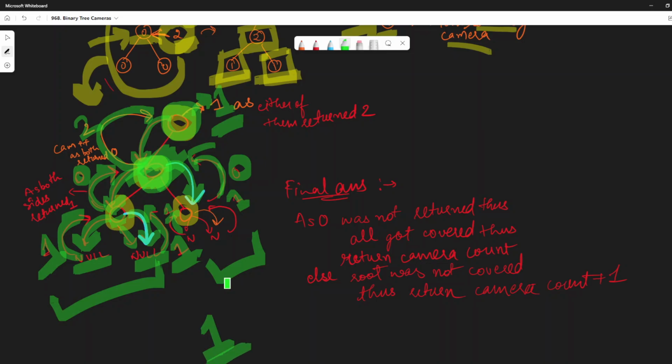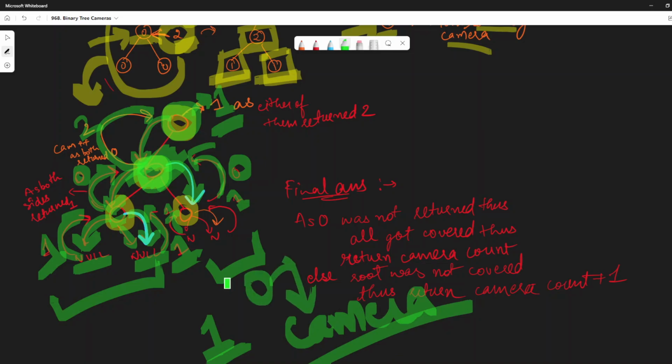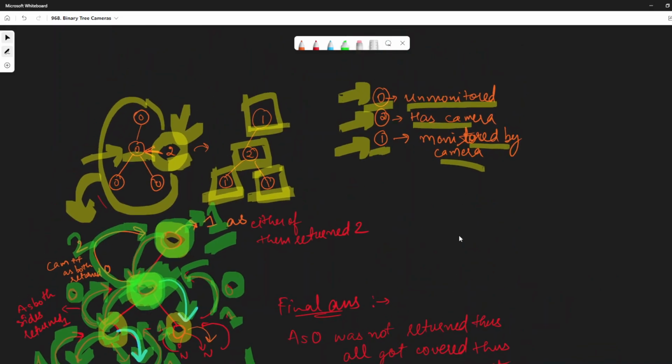So when DFS returns 1, in that scenario we'll return our camera count itself. But if it returns 0, then in that scenario we'll return the camera count plus 1. Why plus 1? Because of this fact, this example which I had given you